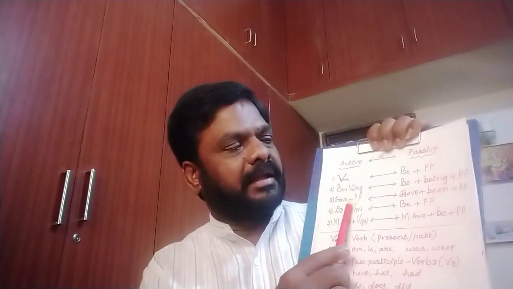See, while taking have form, if there is present tense, in the passive, if the subject is singular, like he, she, it, Shreya, like this, you have to take has. If they are plural, like I, students, people, you have to take the plural form have. Like this, while taking have form, you have to keep in mind how to use it: have form plus been plus past participle.